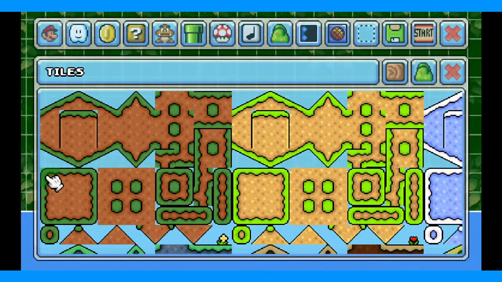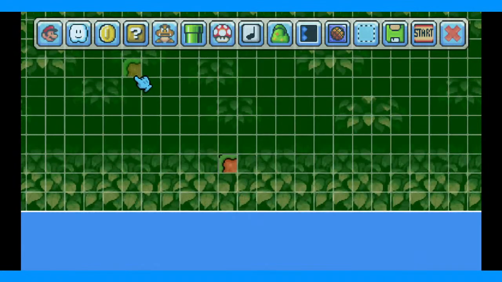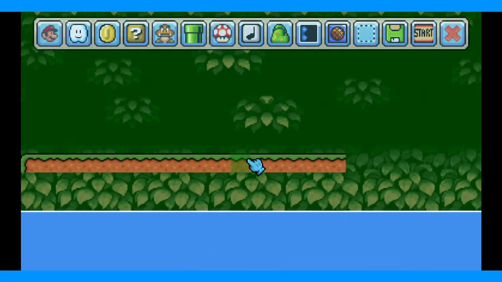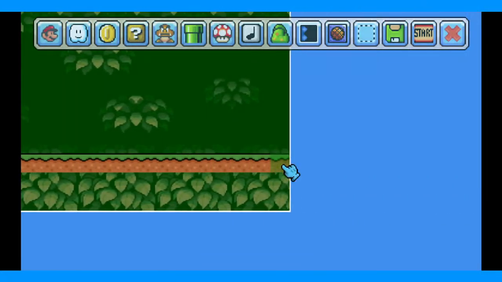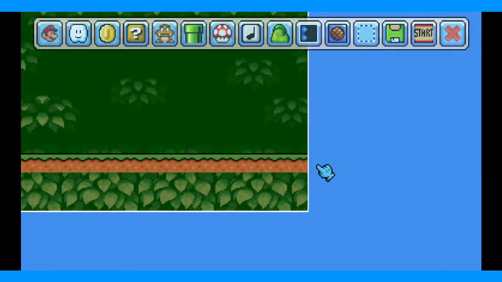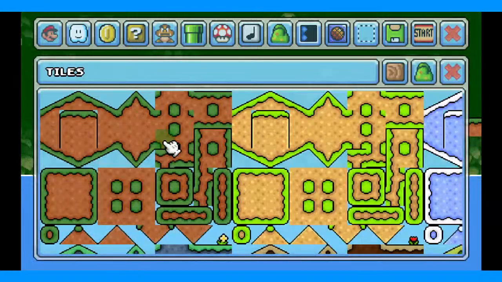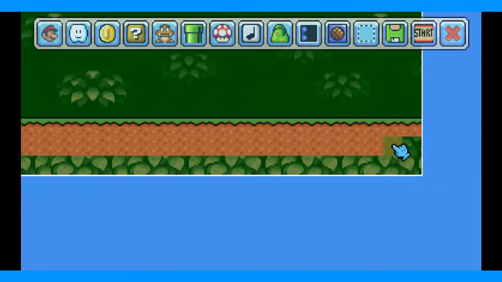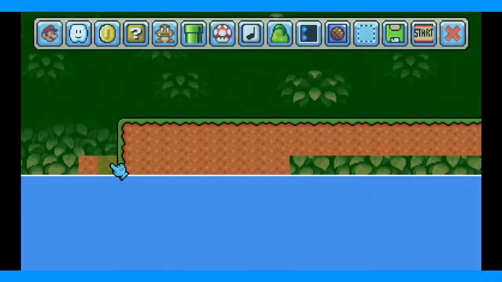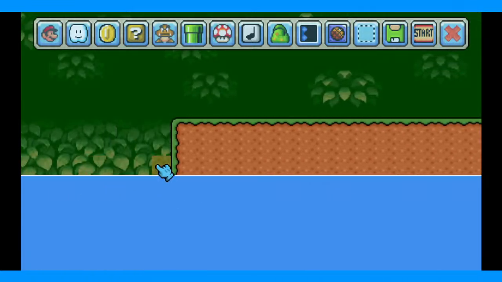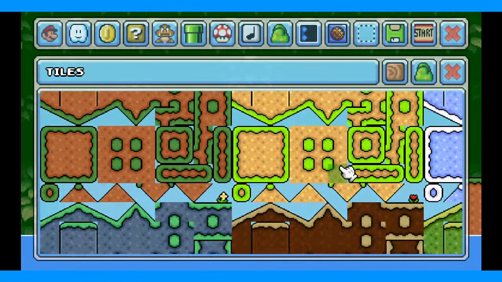Here. Then we add some ground. There we go. And then when you come out of this pipe,